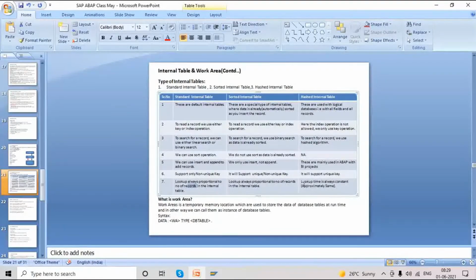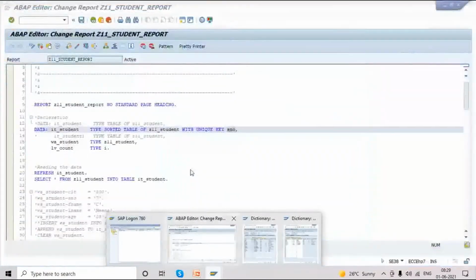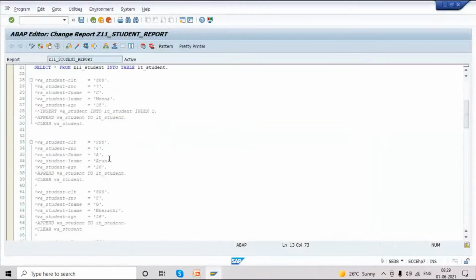Like if it is showing 10 microseconds, it will show the same, either 10 or 11 or 9, around plus or minus 4 or 5. But here it is based on the number of records, so it will take that much time for lookup. So I'll show the example here. So student table.